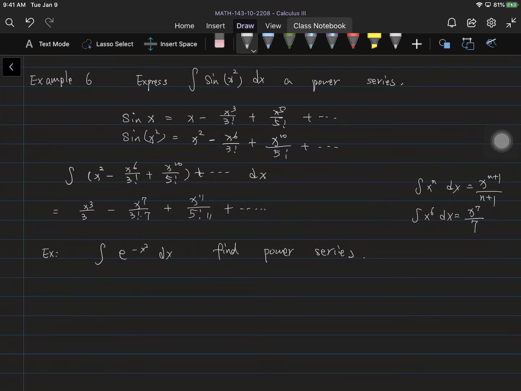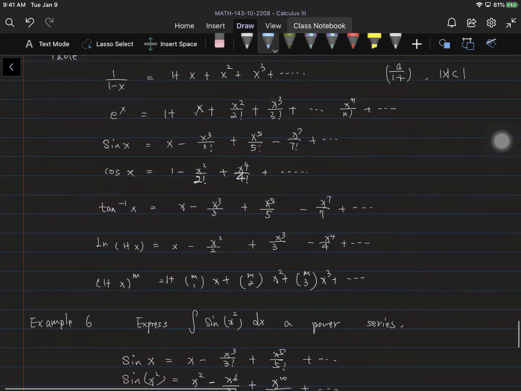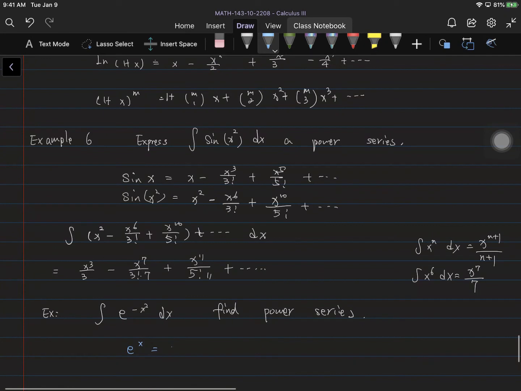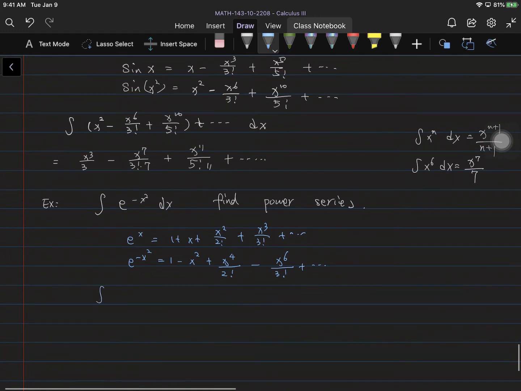Okay, here's the solution. e to the x is, look at the table, 1 plus x, x squared over 2 factorial, x cubed over 3 factorial, then e to the negative x squared is 1 minus x squared plus x to the 4th over 2 factorial minus x to the 6th over 3 factorial, right? And then we do the integral of each term,